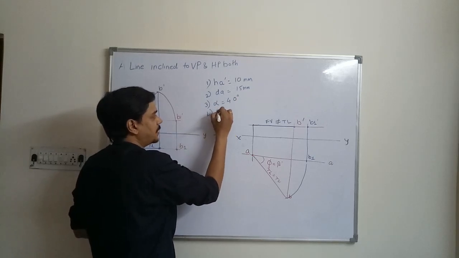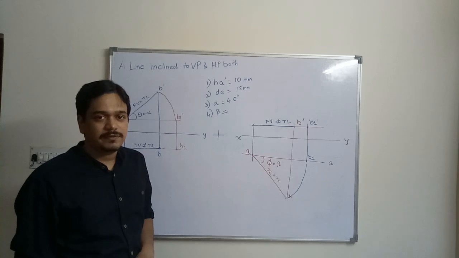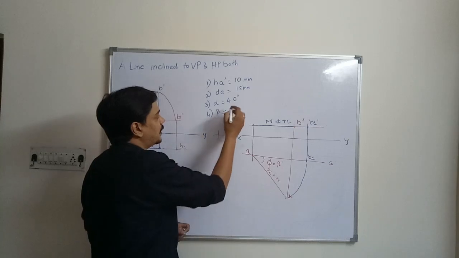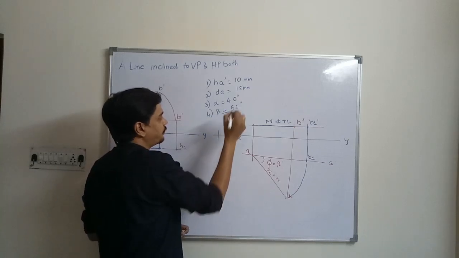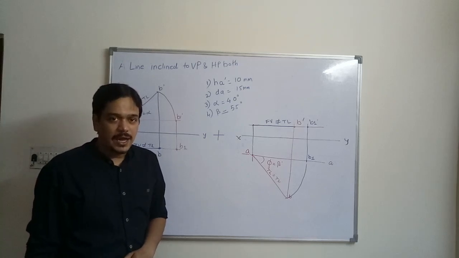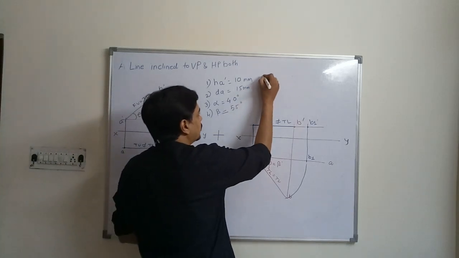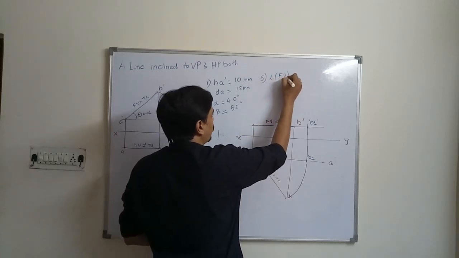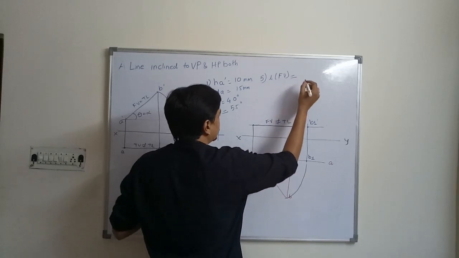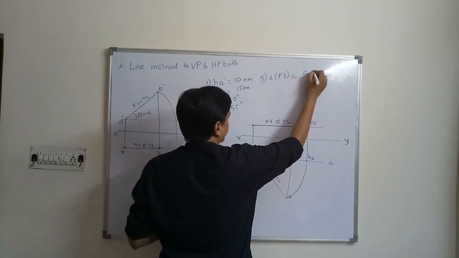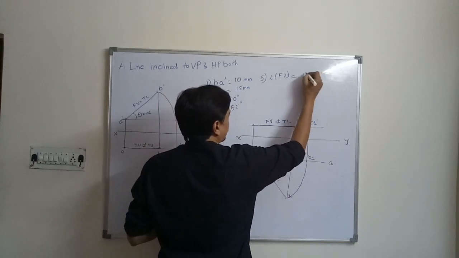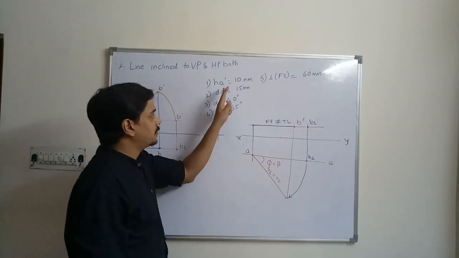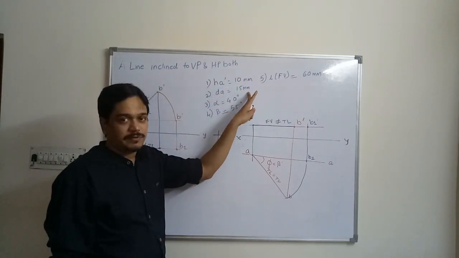Then fourth is given as beta; let us take beta as 55 degree. And fifth, the length of front view, let us take it as 60. So you are given 5 data: height of A dash is 10, depth of A is 15,